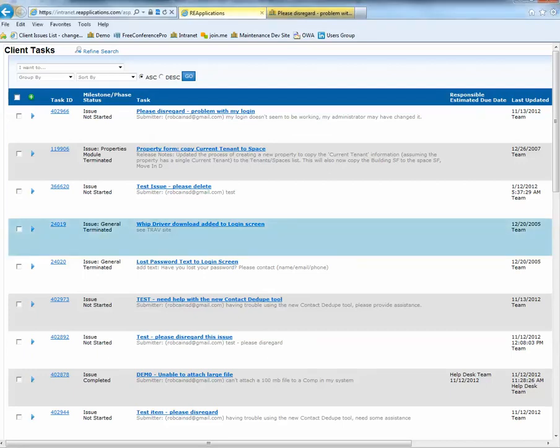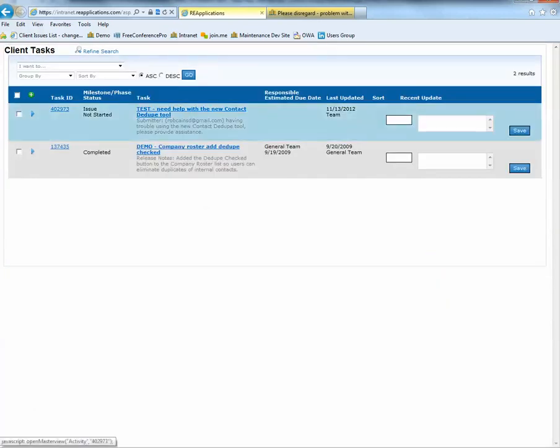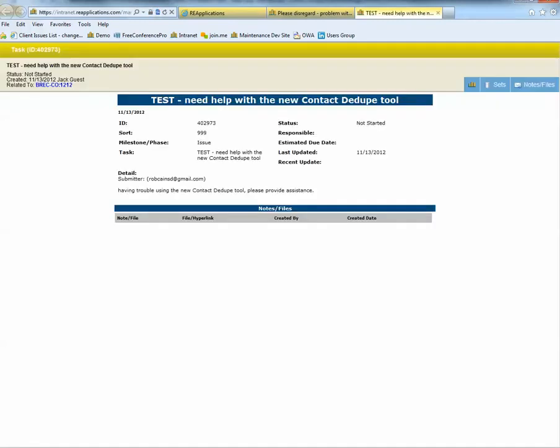Now, let's say I wanted to provide more detailed information to my RE Apps support team member or my project manager about this particular issue. So I'm going to go find that issue that I just submitted. And there it is. I said I need help with the new Contact Dedupe tool. Now, if I wanted to provide screen caps, more notes, a specific example, a copy of a report, a mock-up, anything that would help the RE Apps team better diagnose the issue or more accurately understand what I'm requesting, you just open the task, click on Notes and Files,